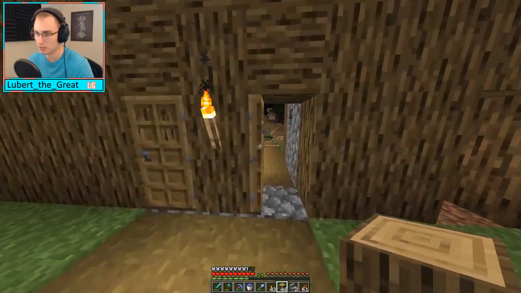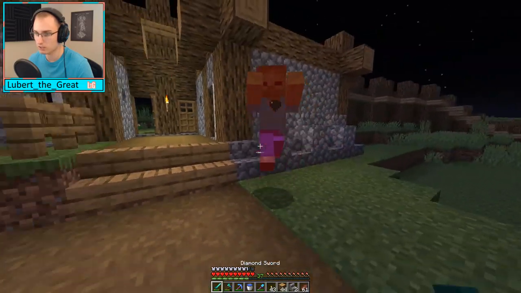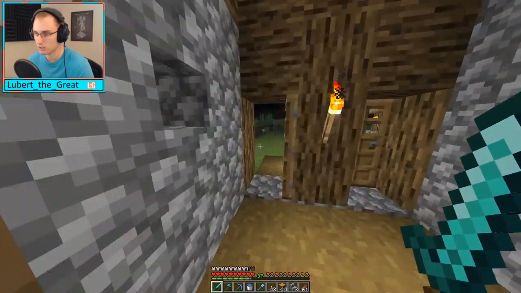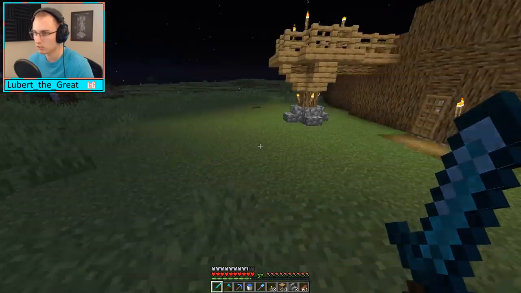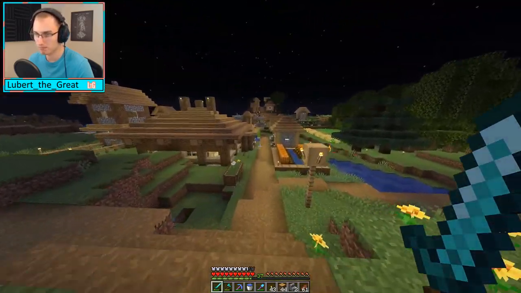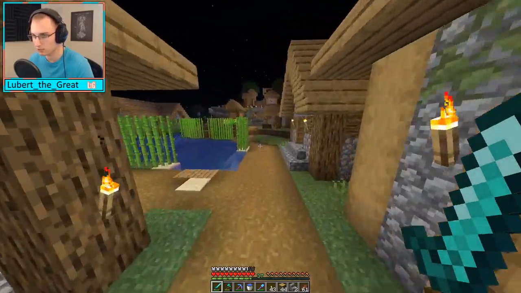Uh-oh, we got zombies, but where are they? Where are they at? They actually sound like they're inside the village here. We cannot have any of that. Get back here. Don't give me any goodies. I don't want goodies from you, because you don't have any goodies. You have baddies. Alright. I'm going to sleep, because we don't need to deal with zombies or anything. And we just want to build, so...